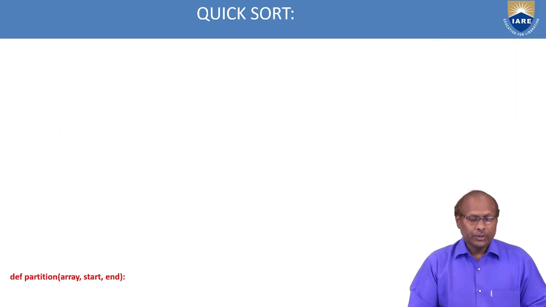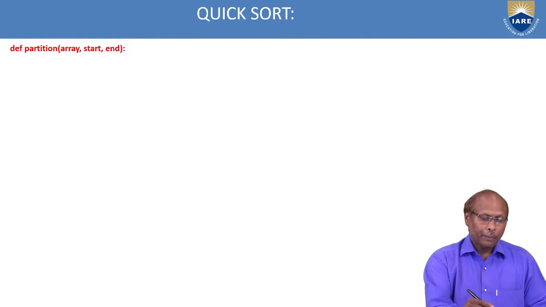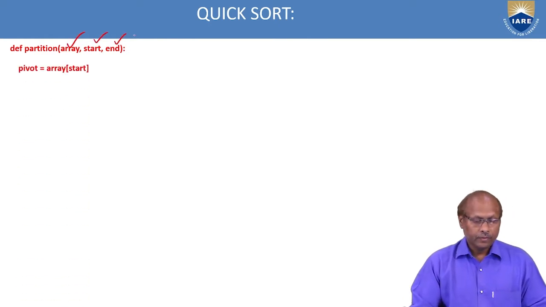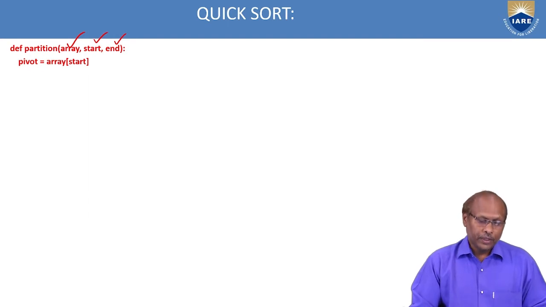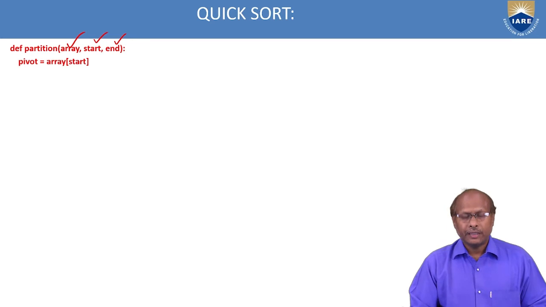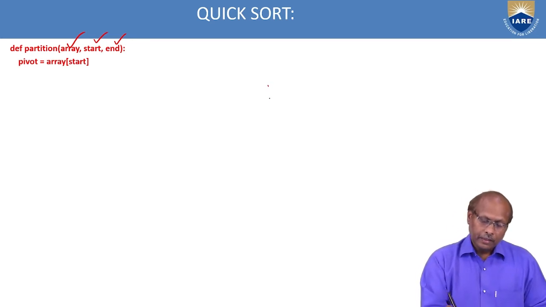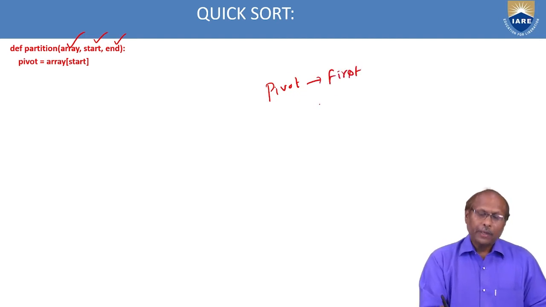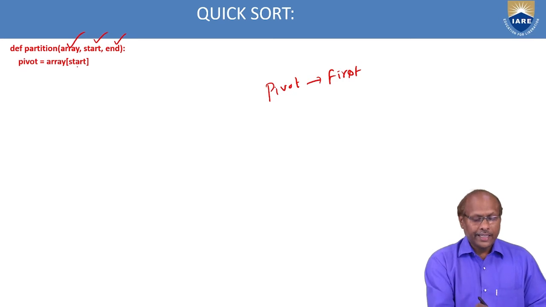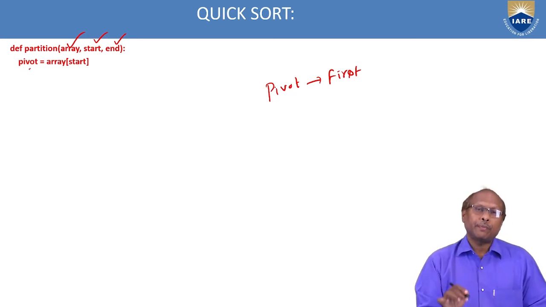Now the partition algorithm you see. So you are passing array, start and end. Find the position, means initially the start element, because anything you can choose as a pivot. You can make the pivot the first element or the pivot the last element. Here I have taken the starting element as the pivot. Now your goal is to find the suitable position for the pivot. That means after sorting, where the pivot should go.